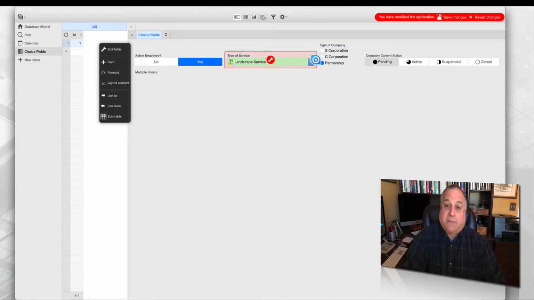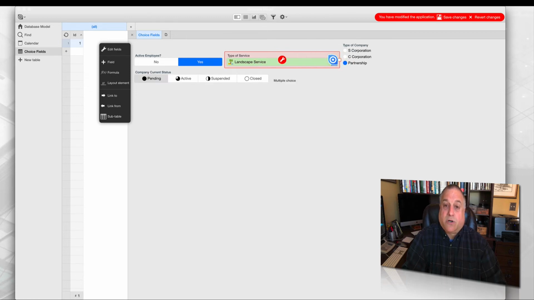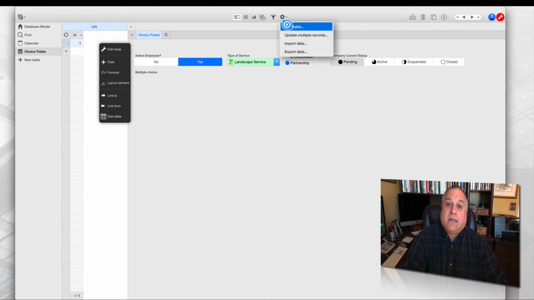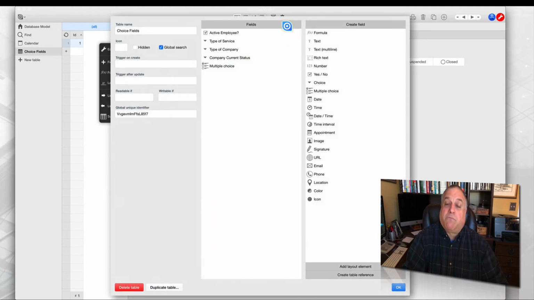I have the same option to skinny up or spread out my combo box. So those are the three choices for presenting the choice field. Let's save our changes. Let's select the actions gear at the top and edit the fields to return once more to this field. To return once more to the table management window, where we're going to select the multiple choice